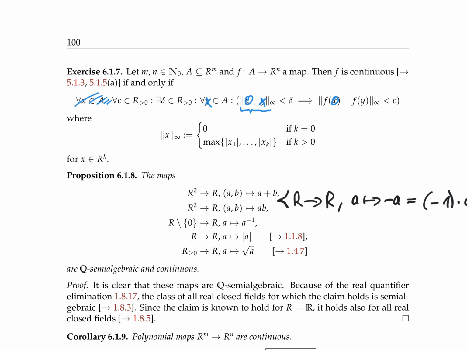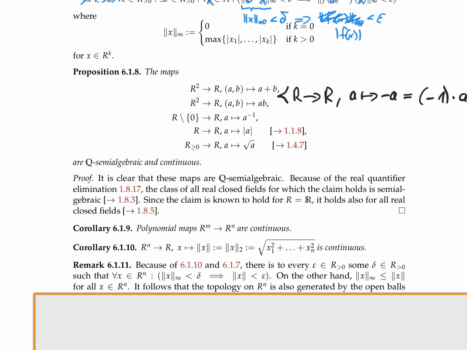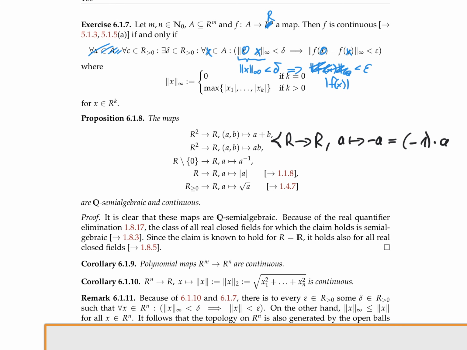So this becomes the infinity norm of x, and this becomes the infinity norm of f(x). Since if I take a map into R^1, then this becomes just the absolute value of f(x). And so I see that if you compare this now,